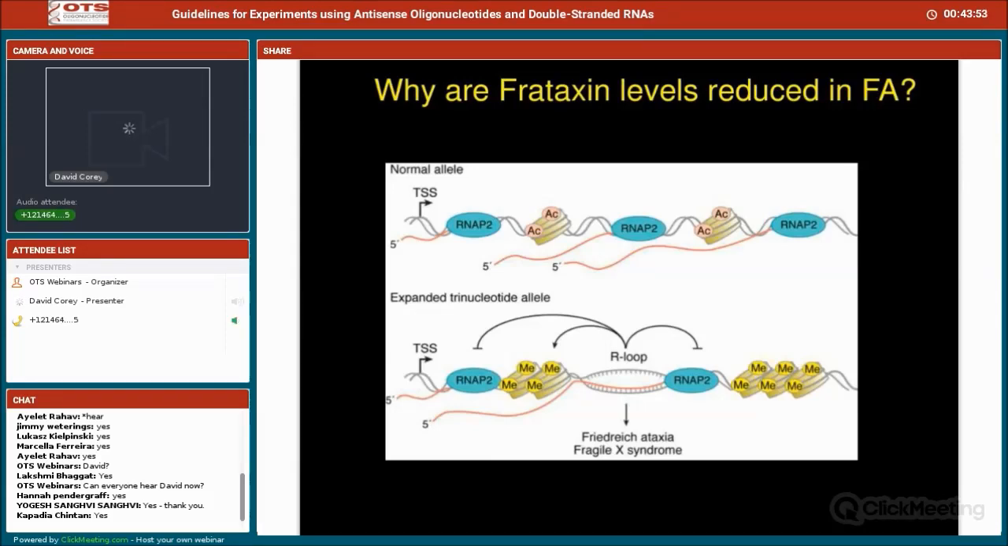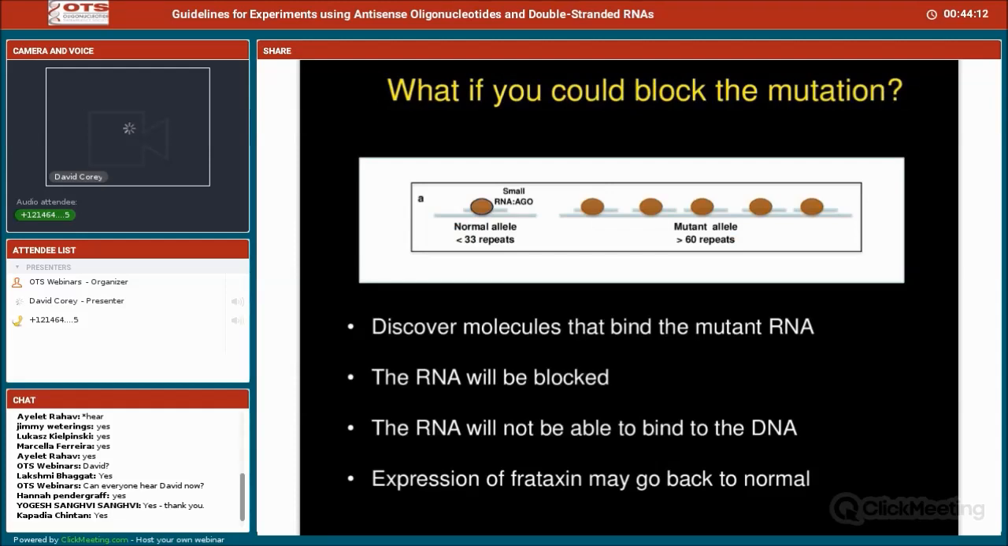Okay, so why are frataxin levels reduced in Friedreich's ataxia? The thinking in the Friedreich's ataxia field is that the expanded repeat binds to chromosomal DNA and forms an R loop. That R loop acts as a brake on transcription and reduces gene expression. So our hypothesis was that we could target the expanded repeat with either double-stranded RNA or antisense oligonucleotides, block the mutant repeat,